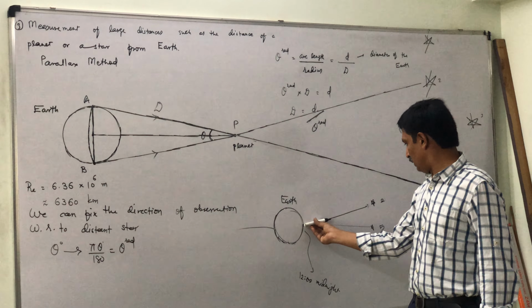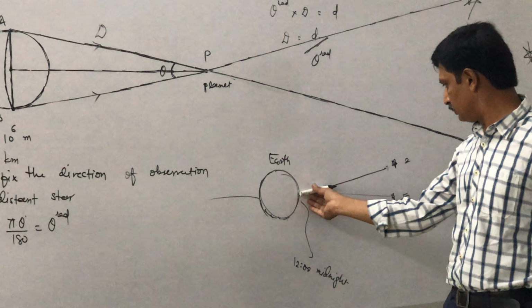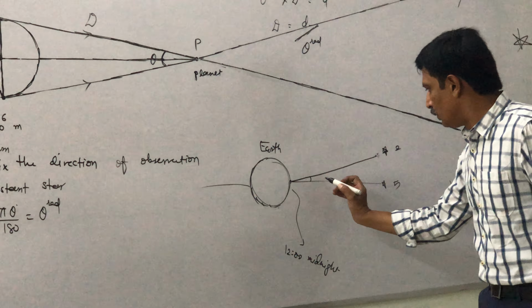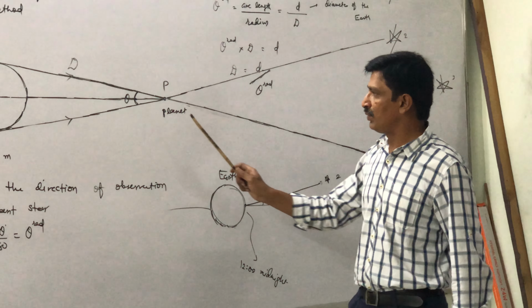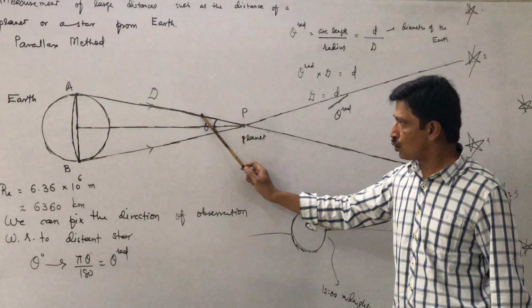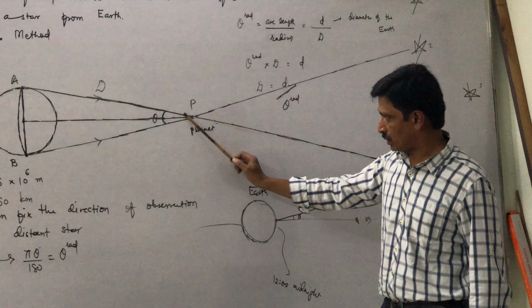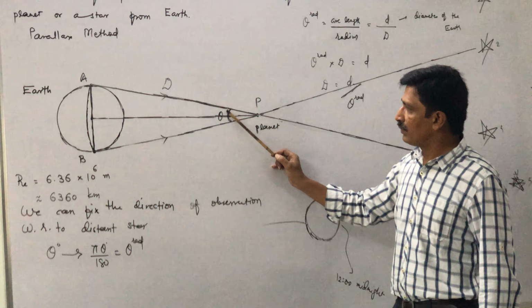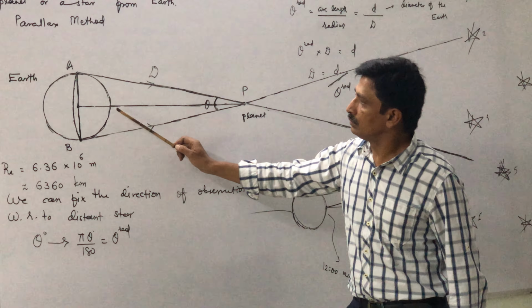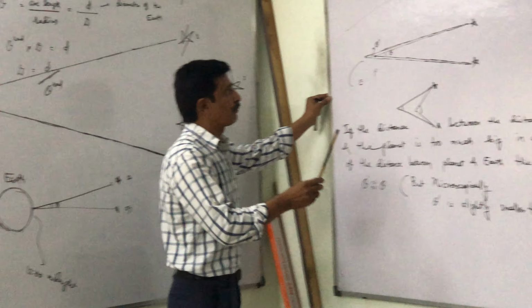First we will adjust the telescope towards star number 2, and then rotate it towards star number 5. So we can measure this angle and this angle, but we want to measure this angle. Actually we have to take our telescope to the planet, and find this star and this star, and then we can find this angle. But now we are measuring this angle from here, so a slight mistake is there, which we neglect.